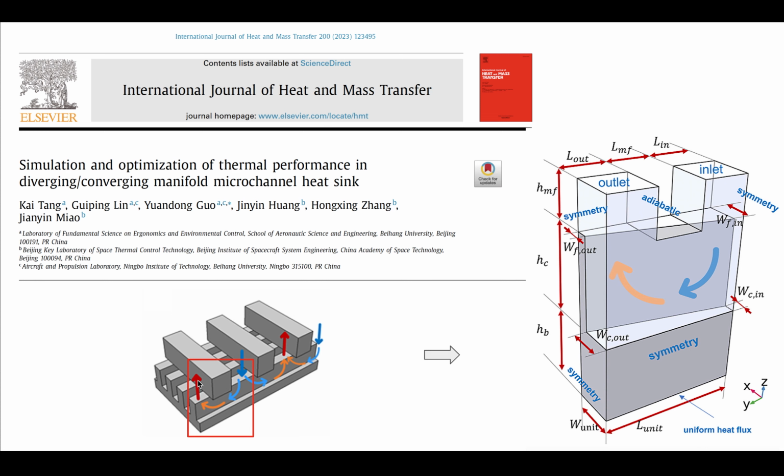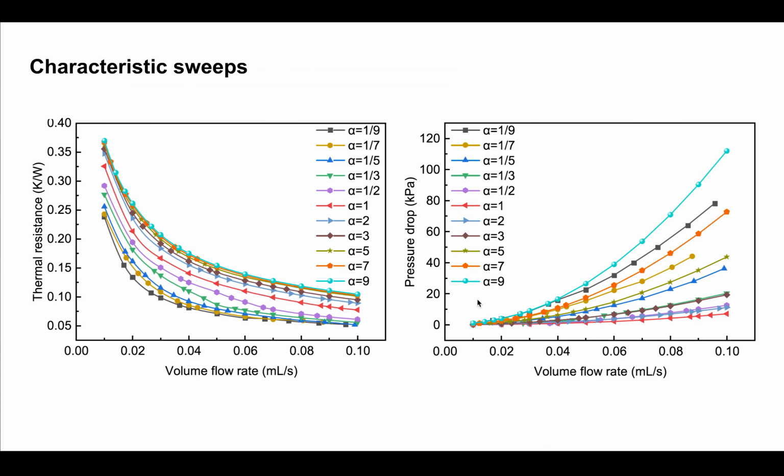In the paper, authors choose a small section of the geometry as shown in the right picture. The microchannel geometry is defined by various dimensions. The heatsink itself is made of copper, and the fluid flowing in the channel is deionized water. In the paper, authors simulate various geometries and characterize the flow, thermal performance, the pumping power, and the pressure drop